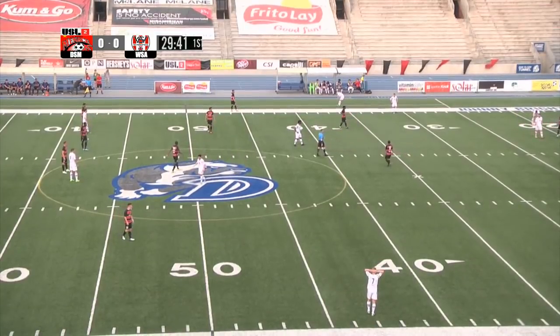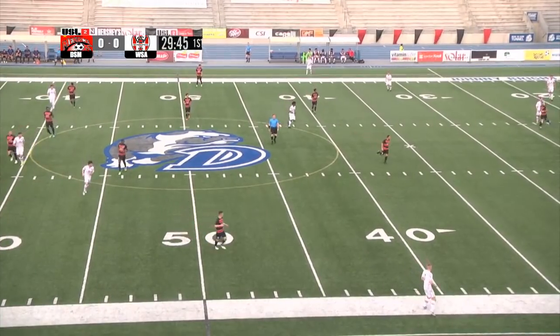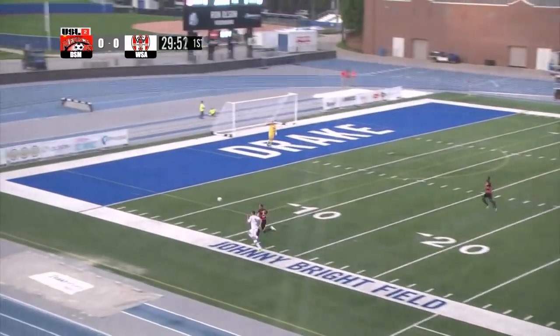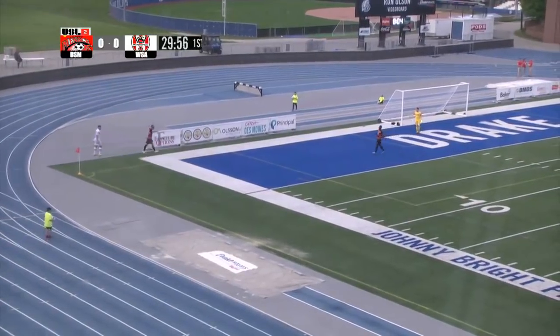Into the 30th minute. No score here in the first half at Drake Stadium. Prozac sends it up the left side. Looking for his man. Hawala. And